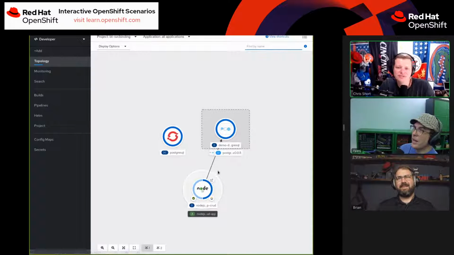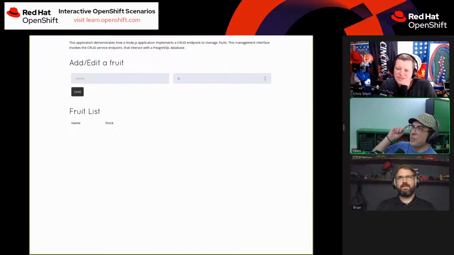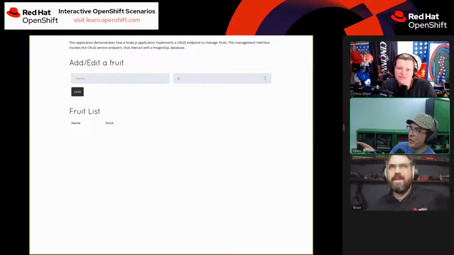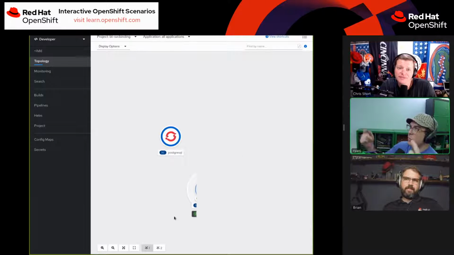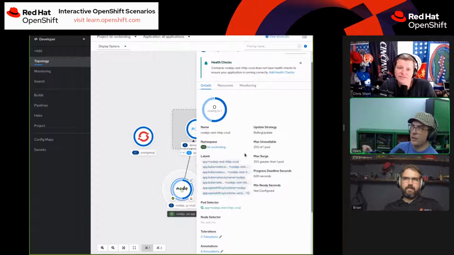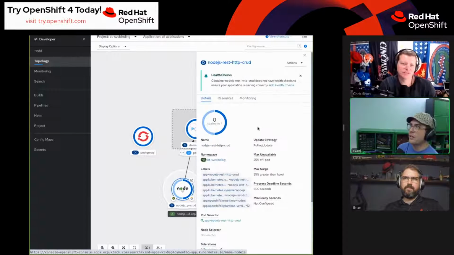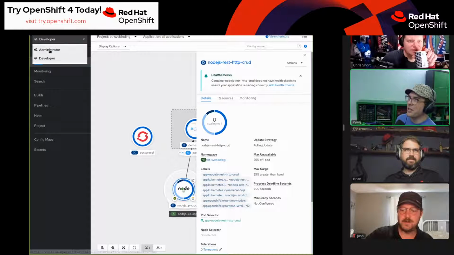As an app developer, I would immediately be like, still bullshit, there's trickery involved. Show me the Node.js code, because I know I need to write something that is reading from the service binding operator. There's some extra glue here, right? So what's going on? What do we have up our sleeves?